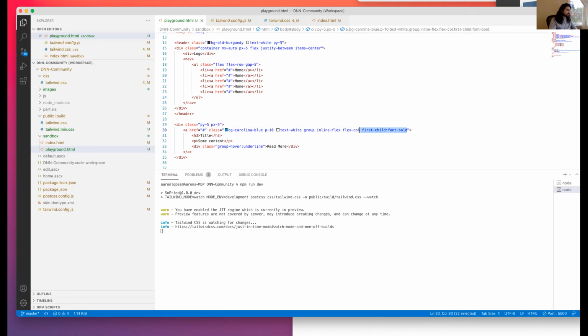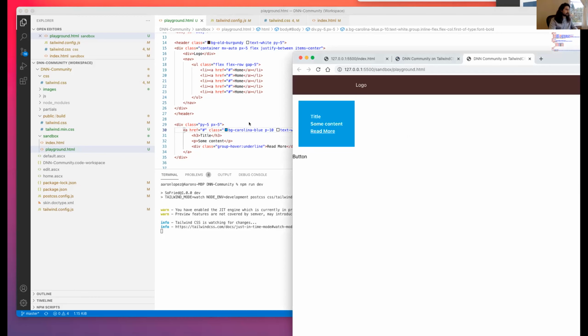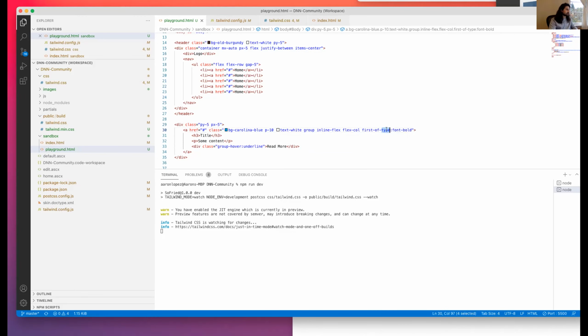I don't think it's that. First of type, font bold, let's say. No. Oh yeah, because they're all different types. Sorry. Anyways, it allows for tons of variation. So you can do complicated hovers or transforms or transitions.